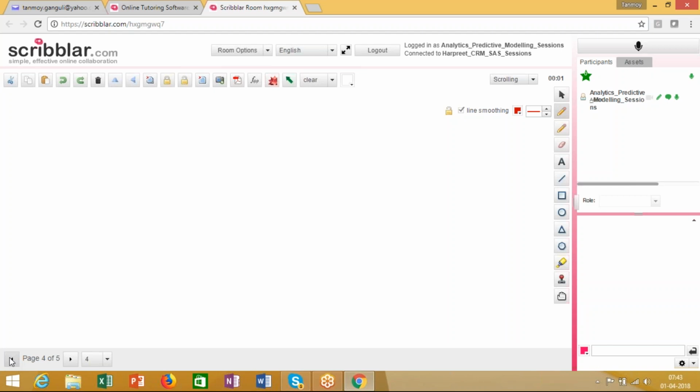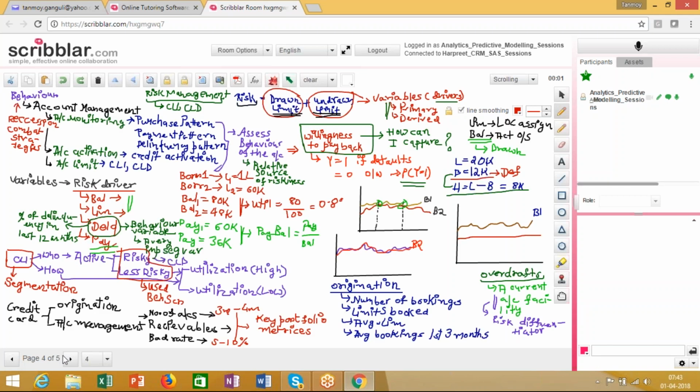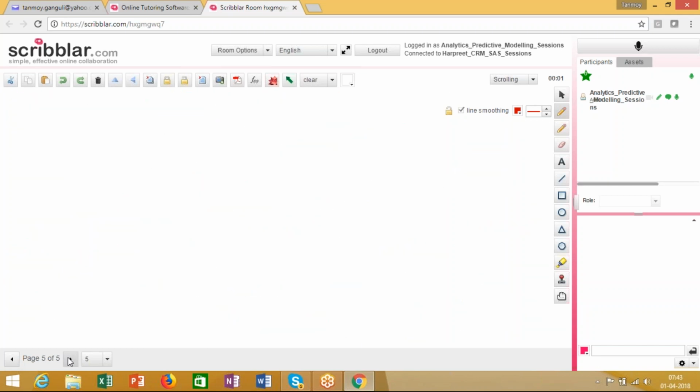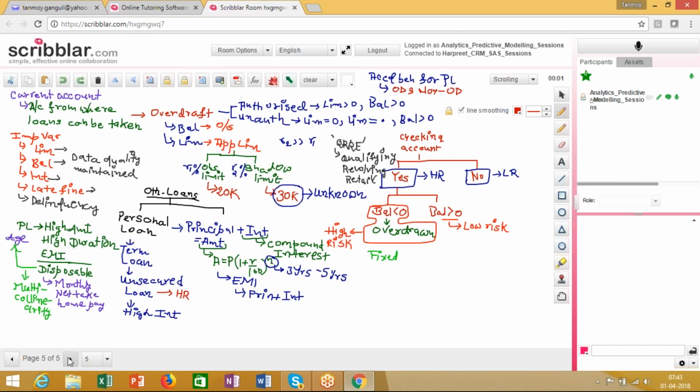One thing that we got to see over there is that for revolving products, be it credit cards or overdrafts, when we moved on to personal loans, the major difference between the two products lay in the fact that the revolving products were open-ended products, whereas these term loans, like the personal loan, are your fixed end product, right? So having said that, the next part that we go into discussion is the personal loans,